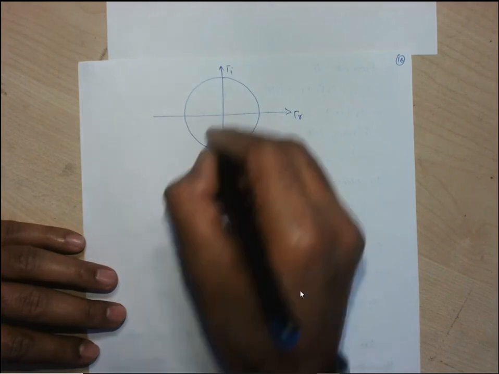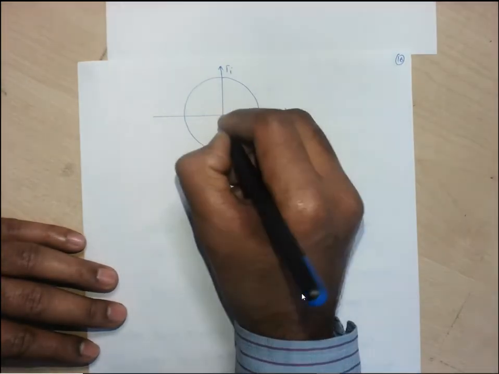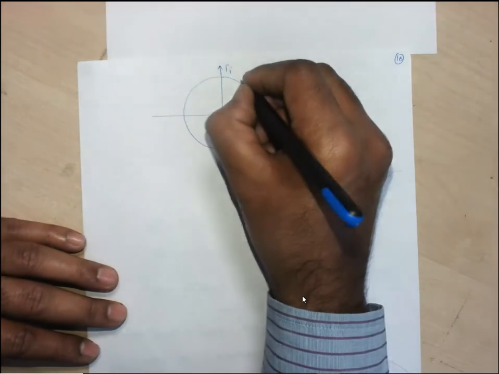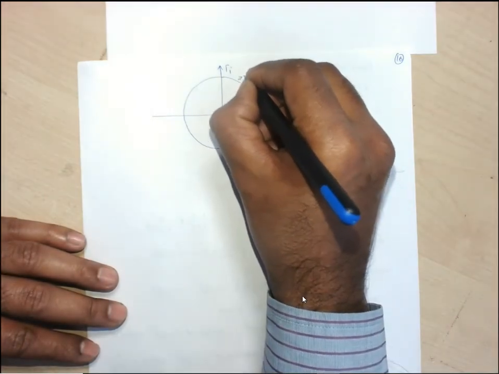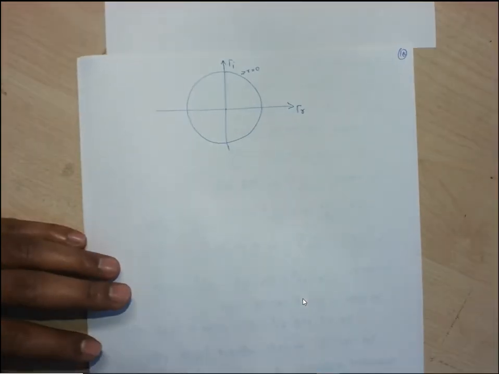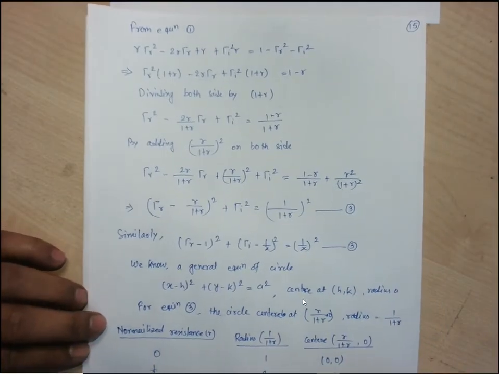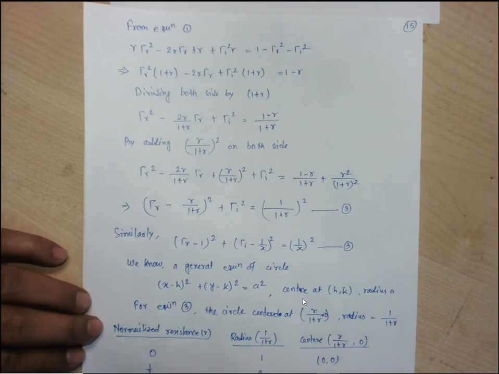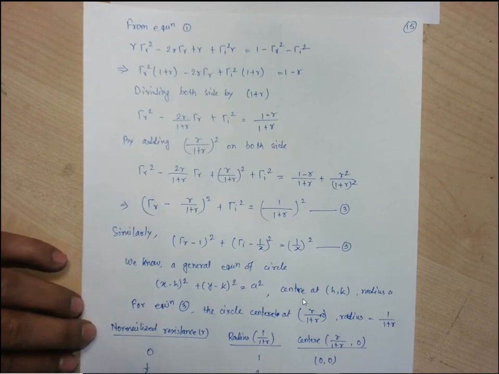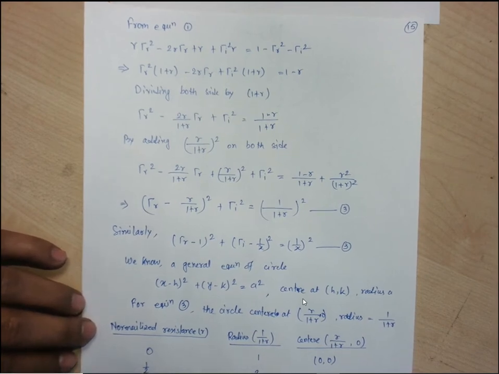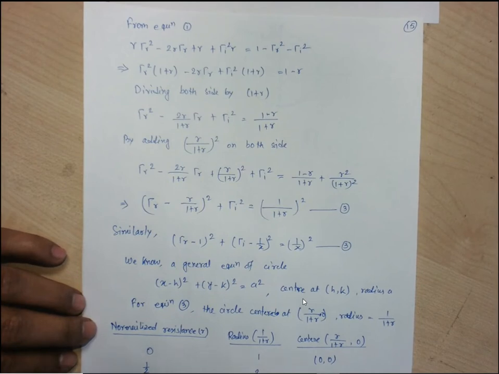Let us consider this one. This is at 0 comma 0 with radius 1, and this circle is for r equals 0. Next, if we put resistance half, we can have radius 2 by 3. Let us go with resistance 1, so that we can easily put the radius of 0.5. With resistance r equals 1, the radius is 0.5 and it is centered at 0.5 comma 0.